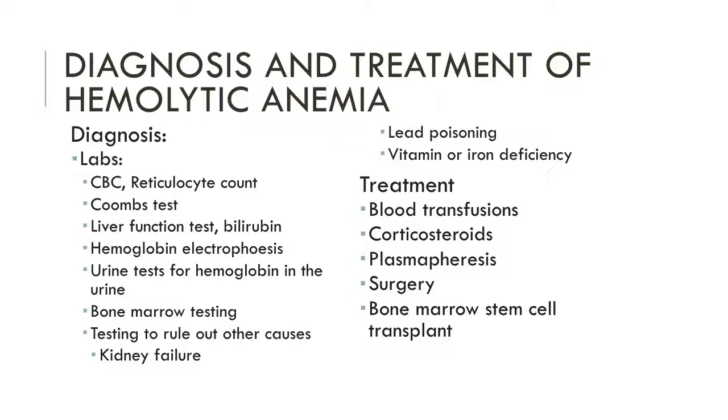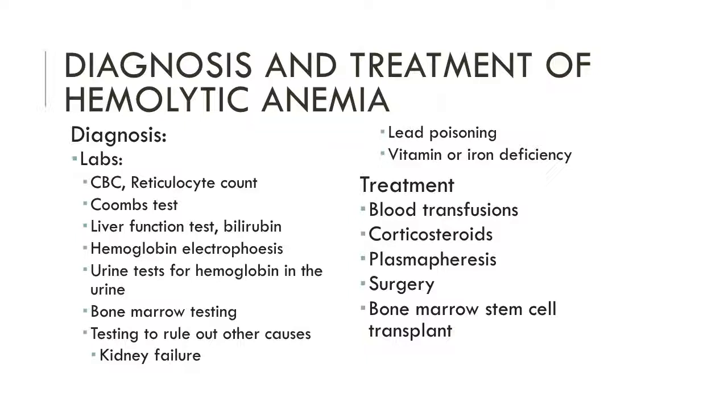Liver function tests, bilirubin levels are going to be elevated, because the liver is having to deal with all of these destroyed cells. Hemoglobin electrophoresis looks at the different types of hemoglobin, and it can diagnose the type of anemia that the patient has. We would do urine tests looking for hemoglobin in the urine,